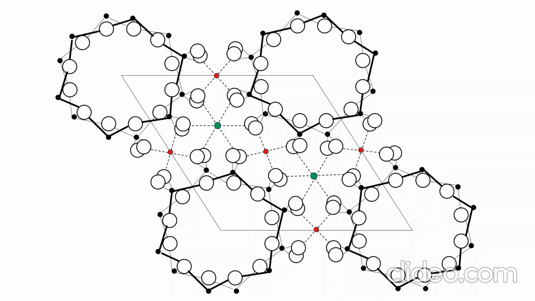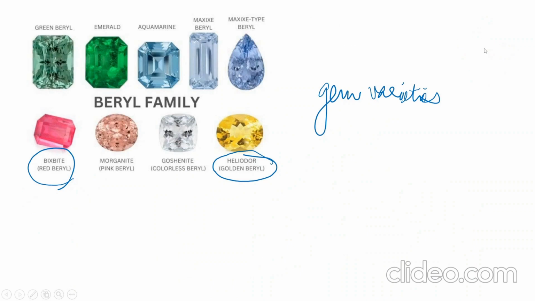Now let us look at the structure of beryl. The dominant feature in the structure are the hexagonal rings, and these rings overlap each other to form hollow columns parallel to the c-axis of the crystal. I'm sure you are aware that in the hexagonal crystal system we have three horizontal axes, which are A1, A2, and A3, and C is the optic axis. And the column of the beryl, if you see here,